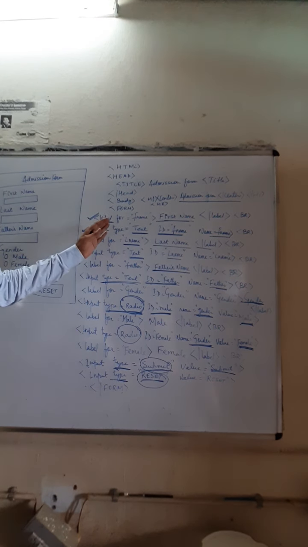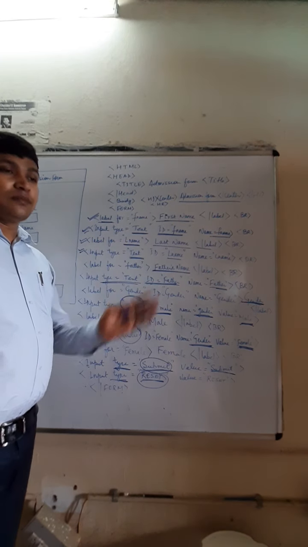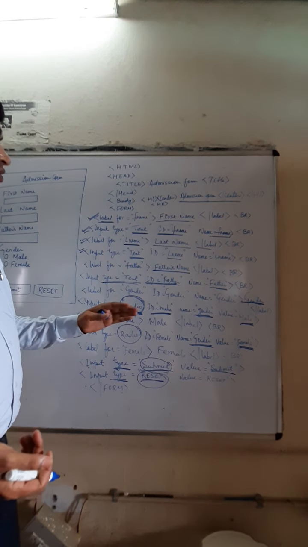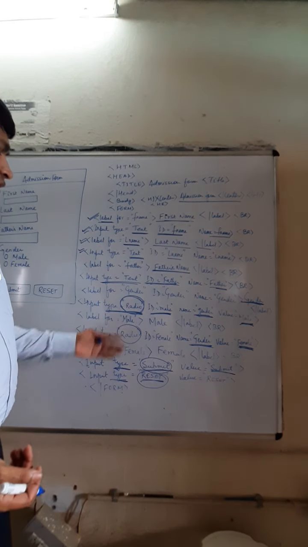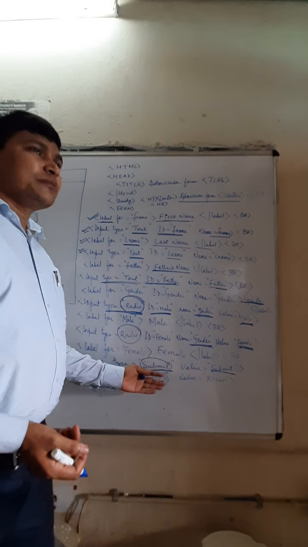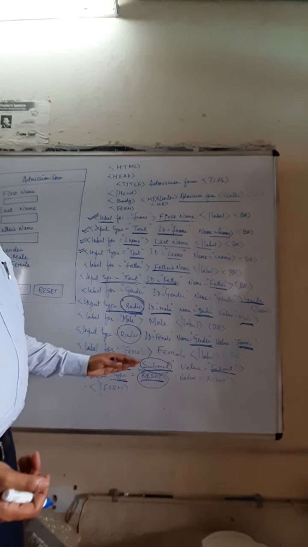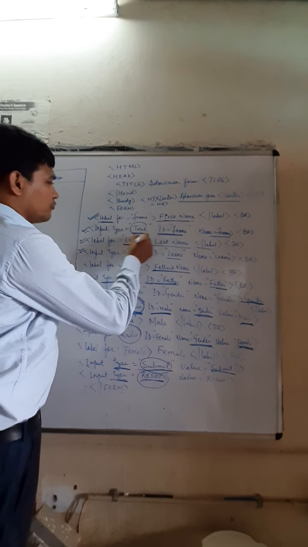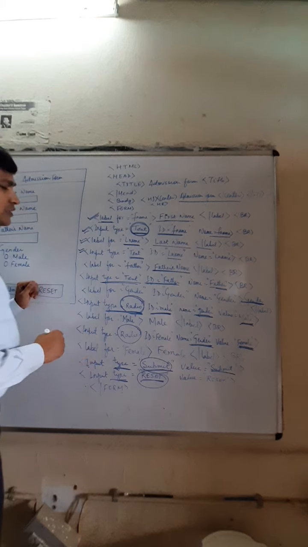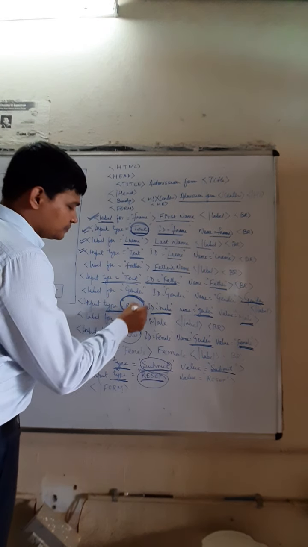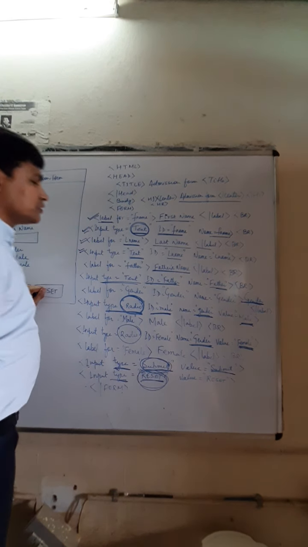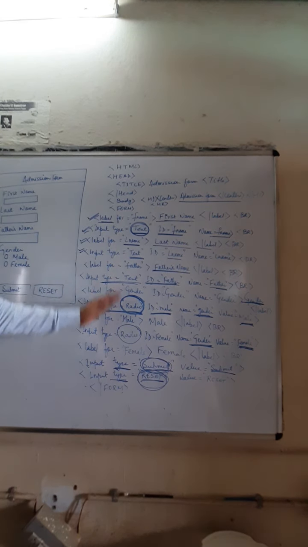Label is used to define the normal text on the screen. Input type defines the types of input, the way you are going to input. You are getting input from the text box, from the radio button, or from the submit button or reset button. You have to define the type. So I have used these things: first, input type text, then input type radio, then input type submit, then input type reset. There are different input types I have used here.